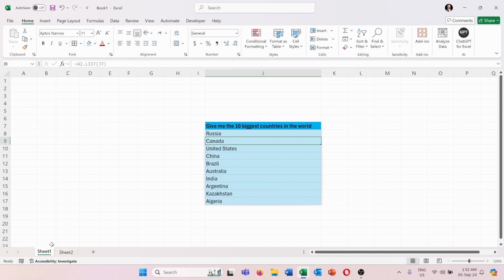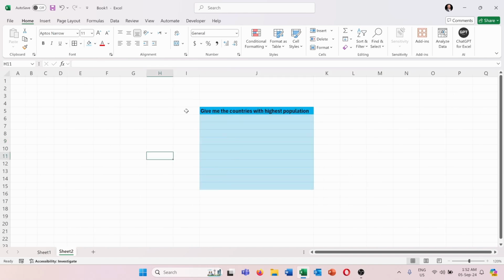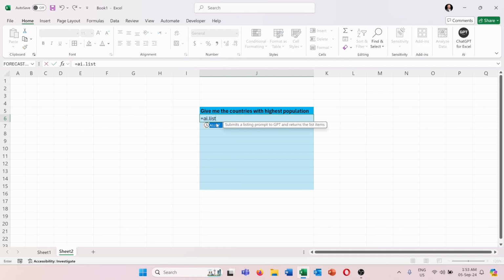Now the second example, here I am prompting to give me the countries with highest population, but without mentioning how many countries I wanted to list for me in the prompt. So another solution to do that is to write AI.list, then the prompt, and then in the second part of the function I can specify how many elements I want from this prompt. So for example, I will say 6, close the bracket, press enter,